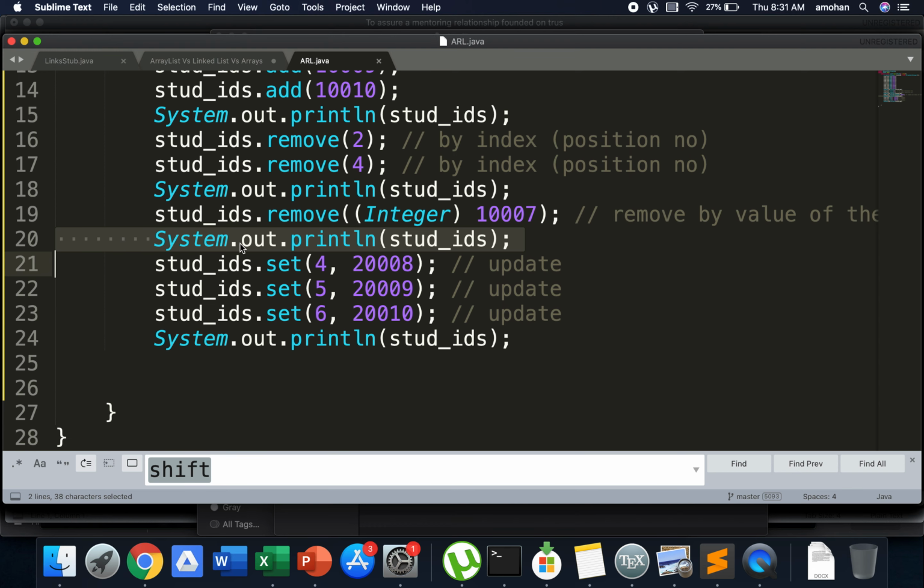And then you can also see in line number 21 to 23, we are doing an update. An update is done using the set method, right? And it takes in 2 arguments. The first argument is the index number that we would like to update. The second argument is the new value that is going to be updated. So here we are saying, hey, can you update the element in position 4 with a value